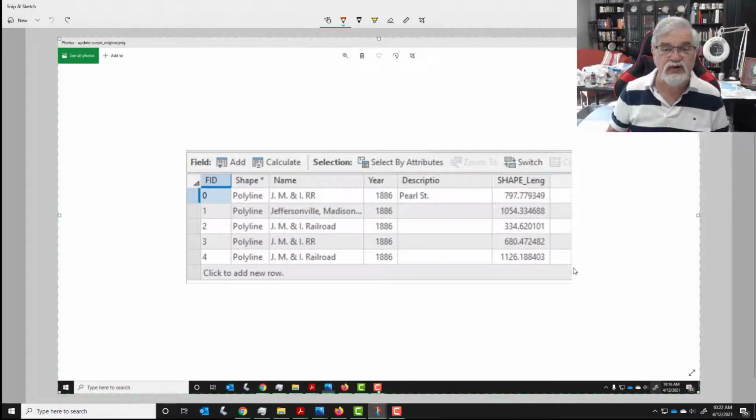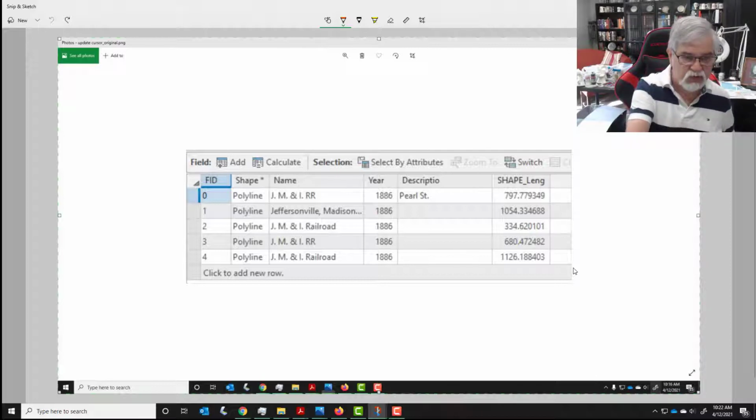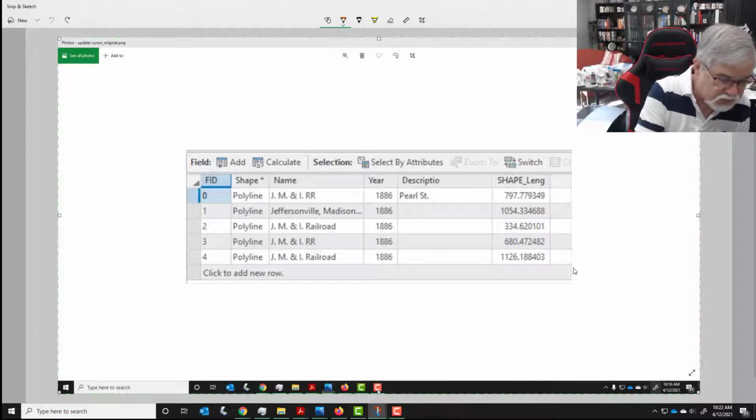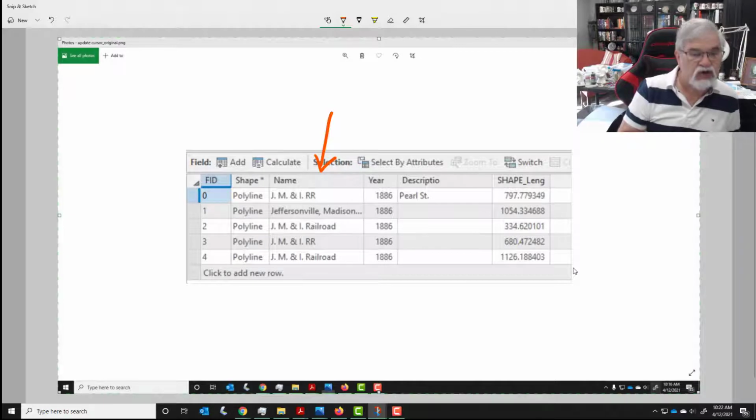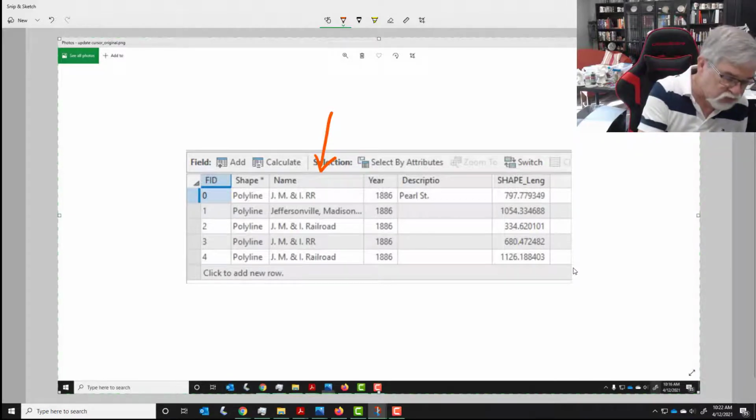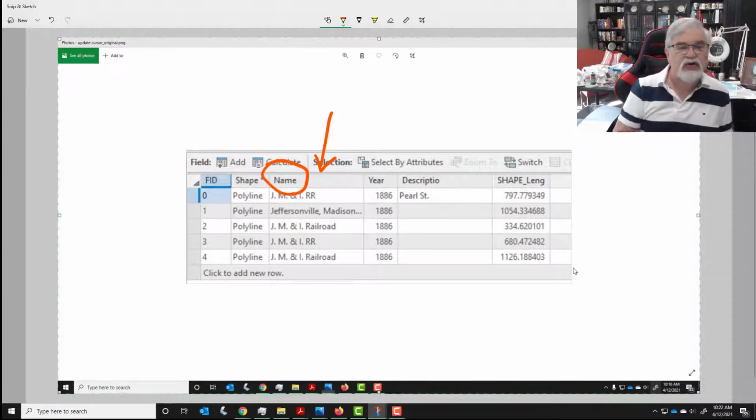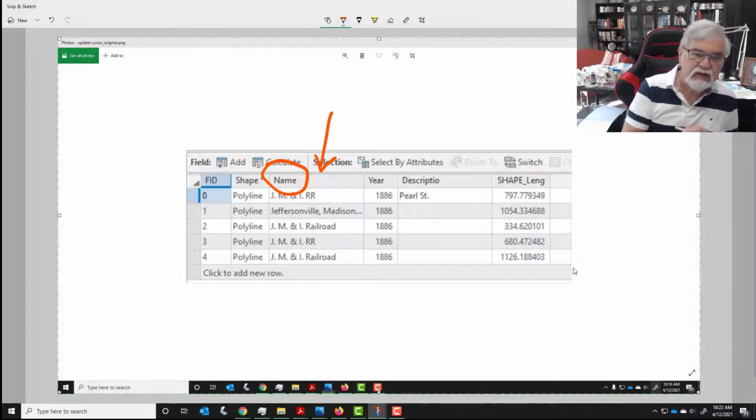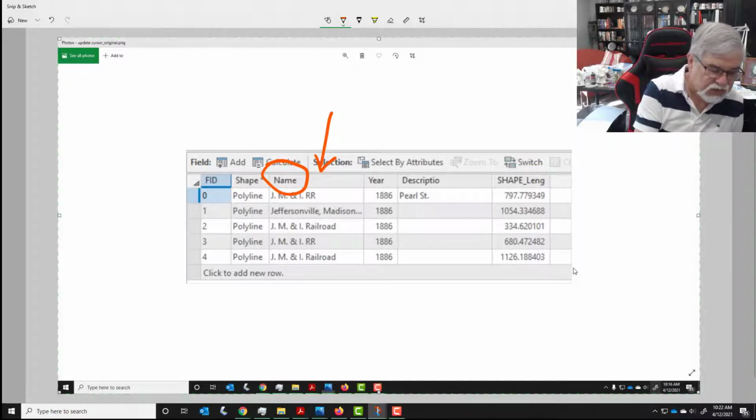So what you're seeing here is my raw data. Let's look at our raw data. The field that we're going to concentrate on is this field right here called the name field. And if you inspect this field, you're going to see that we have